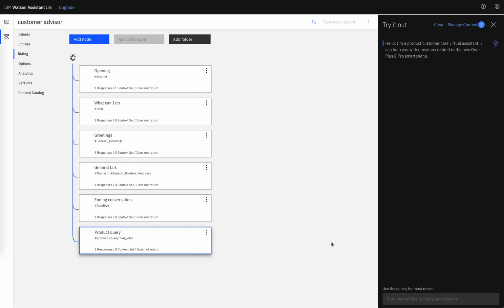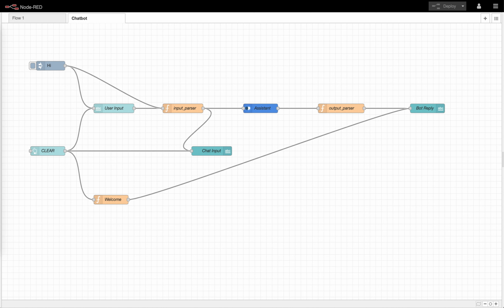So far, we have built our smart document understanding using the Watson Discovery service and created and configured our Watson assistant to respond to the customer. Now for the deployment process, we have used the Node-RED service. Node-RED is a programming tool for wiring together hardware devices, APIs, and online services. It provides a browser-based editor that makes it easy to wire together different flows.